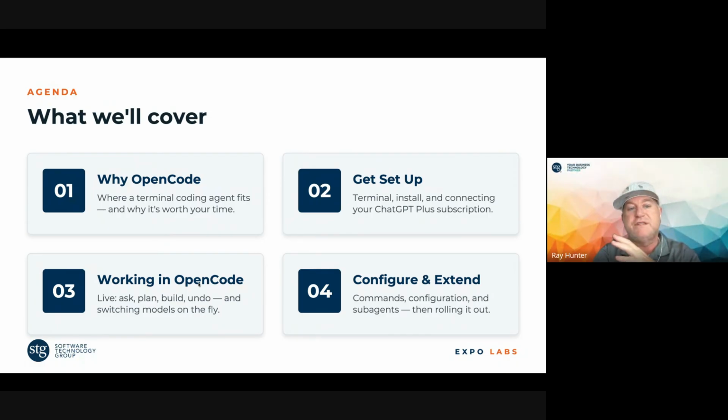There are other ones out there that you're more than welcome to explore. Cline's one. Most of the big companies or organizations create their own. For example, Codex is one from OpenAI. You have Claude Code from Anthropic. OpenCode is built by a third party. It's a whole different company that's doing it, and they allow you to use different model providers.